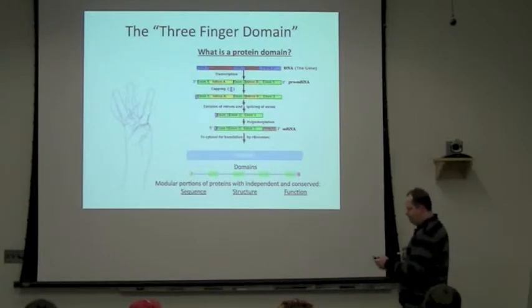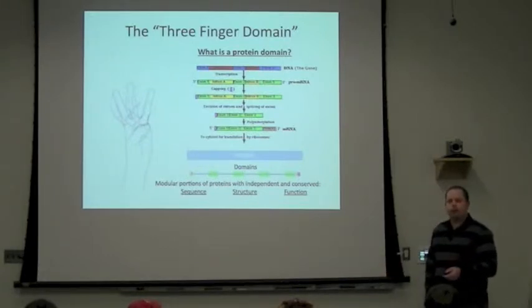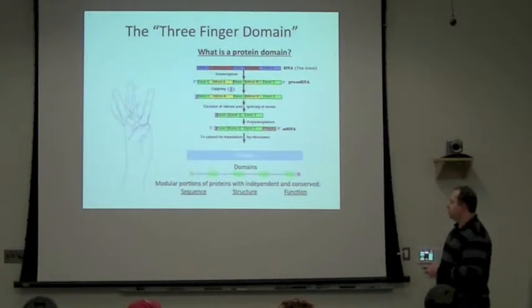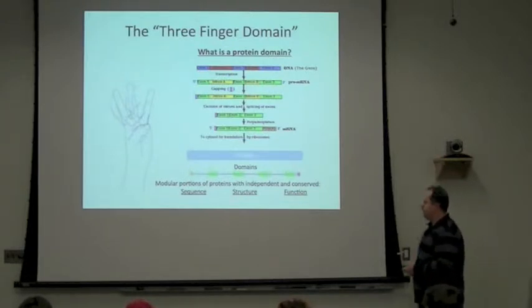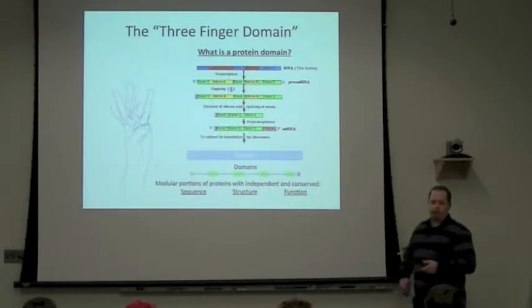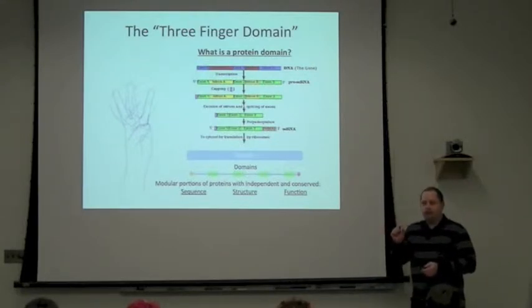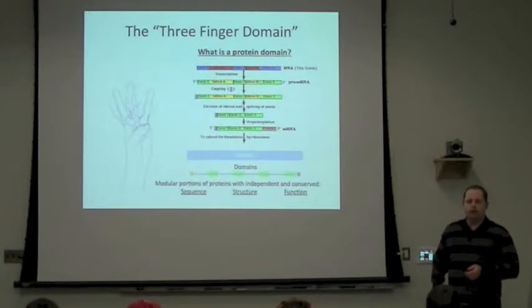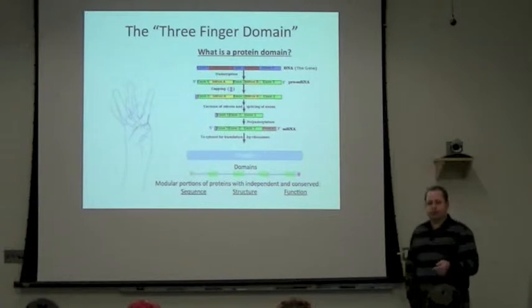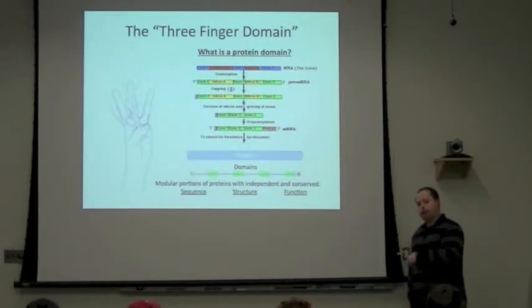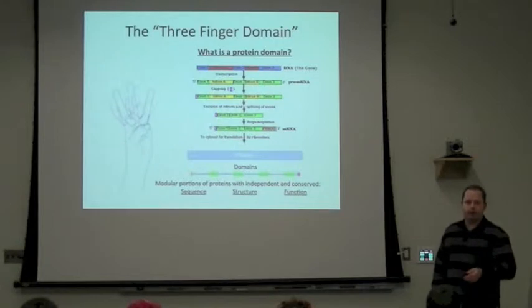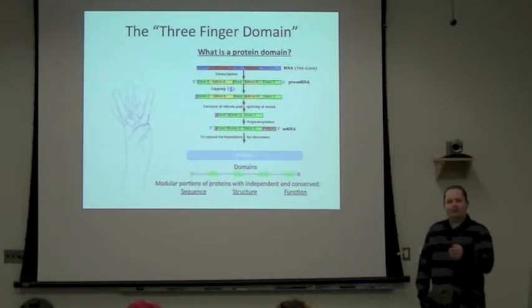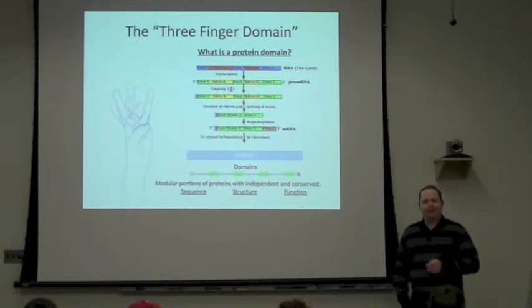The reason we're better at finding domains is because there are much better algorithms for searching for evolutionarily conserved protein sequence and protein structure, and we're better and better at predicting protein function. These domains can often be isolated, separate from the rest of the protein. They will stably fold on their own, and they still exhibit the same biochemical activity that they would in vivo, even when they're expressed in vitro as a domain on their own. So I started by telling you we were interested in a gene, but